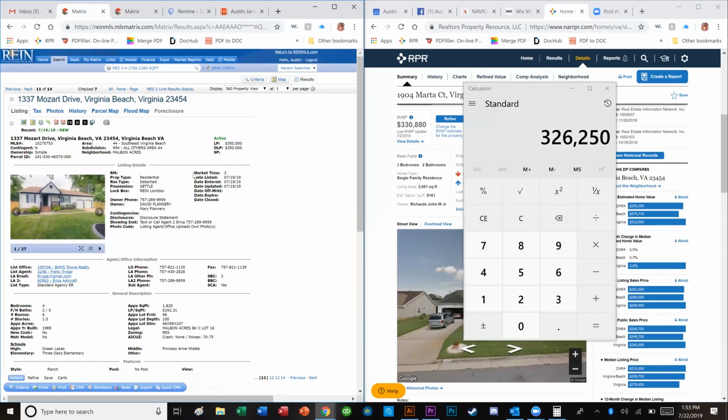That's probably what they'll want to do because this is the next problem that we come into. Say I tell them, all right, I believe it'll sell at 329K, but just to make you happy, we'll start at 339.9. This is the next problem. If I do 339.9, closing costs roughly is usually 10% of the purchase. So 10% of that is 33,990. When we subtract that from 339.9, they're left over with